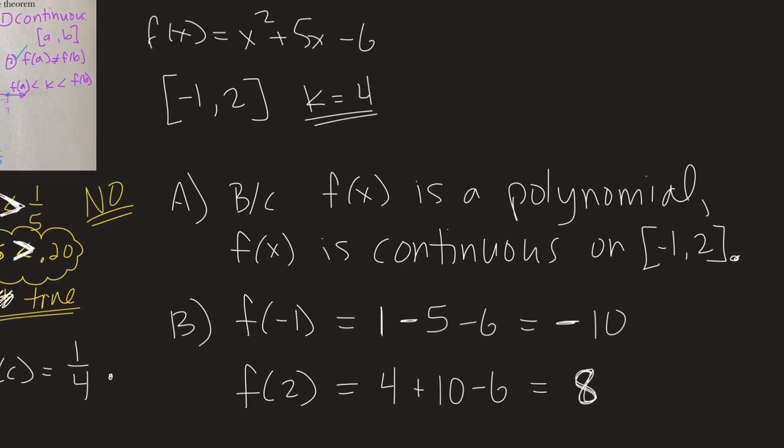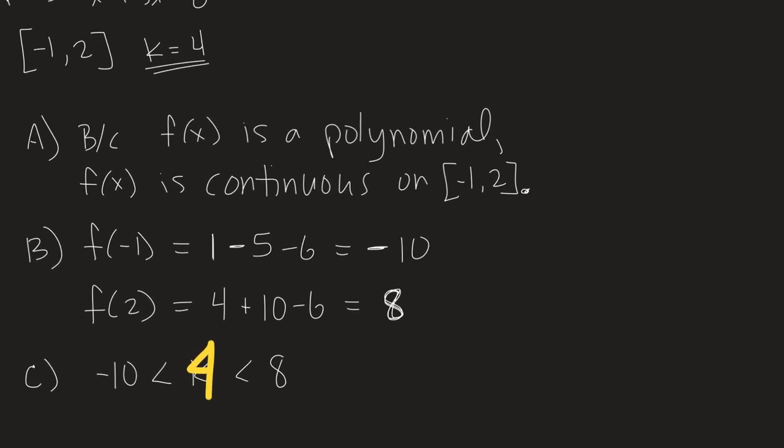Now for our third stipulation. Is our k value between negative 10 and positive 8? Our k value was 4. So is 4 between negative 10 and positive 8? Yes. The answer is yes. Because all of these three things are true, it is continuous, we have unequal endpoints, and our k value is between there. We can say yes by the IVT,